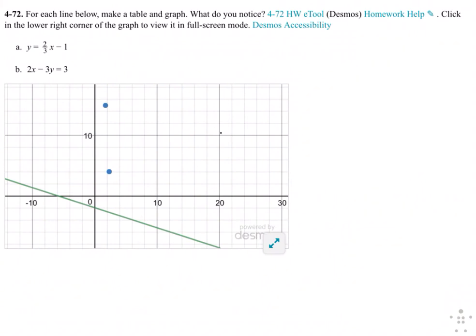Okay, for 72, they want us to graph these two lines. So the first one, I'll do the first one in red, right? So it's 2/3 x minus 1, so it has a -1, or it looks like it's this line that's already drawn. I should do it in green. So